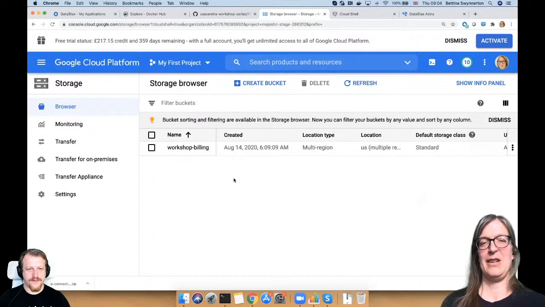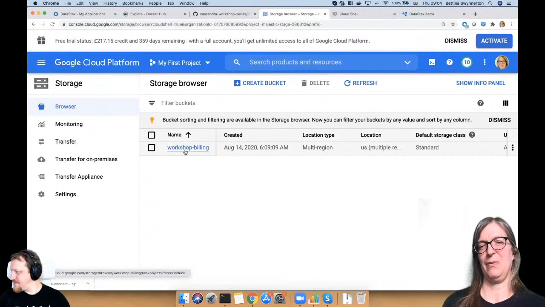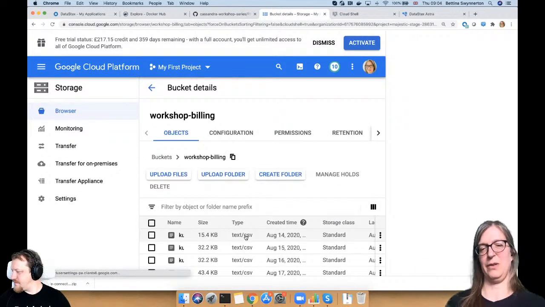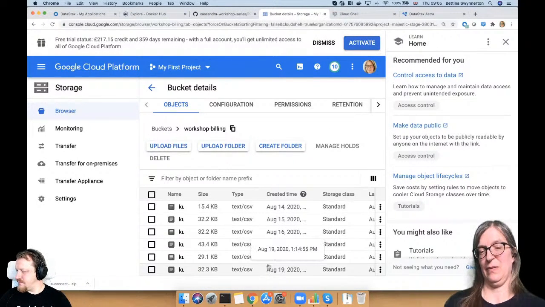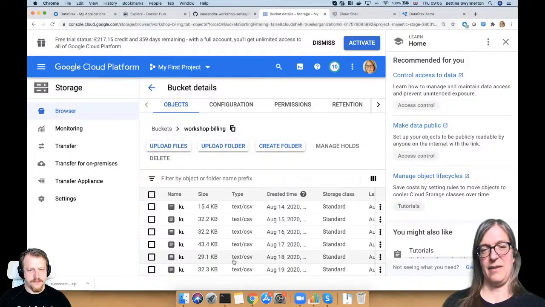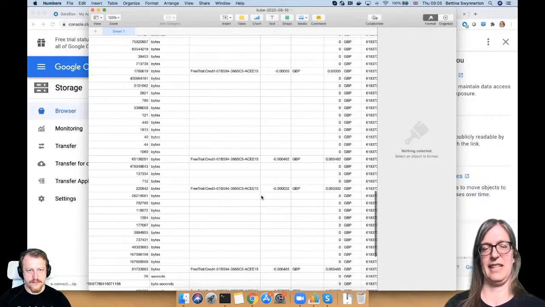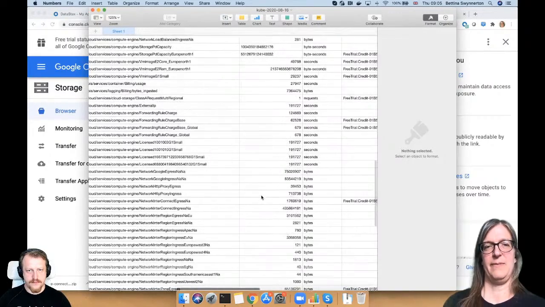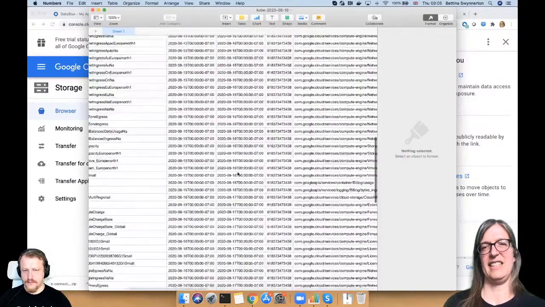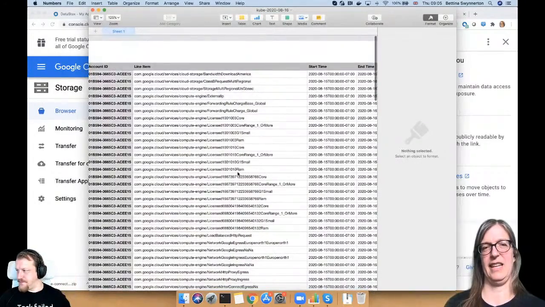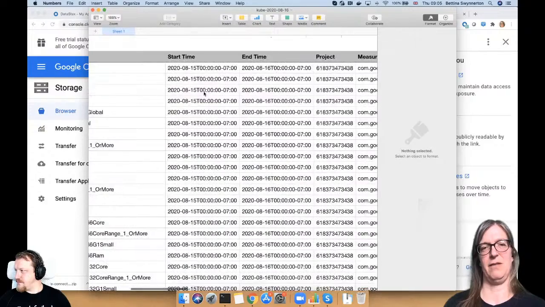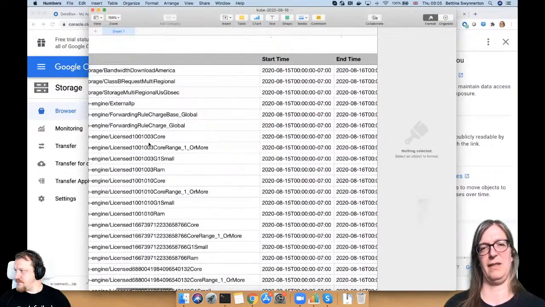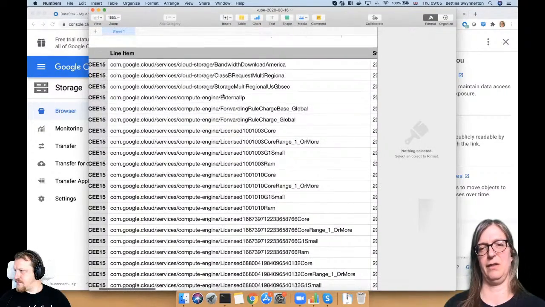So you can then browse your workshop billing bucket after the daily export. And you see here, I now have a lot of CSV files, one every day, to look into. I have one open from recently that I looked at. It's very small, but it shows you that this is actually quite cryptic. There's the date when this was incurred, and what it was. There are different services: bandwidth, forwarding rules.